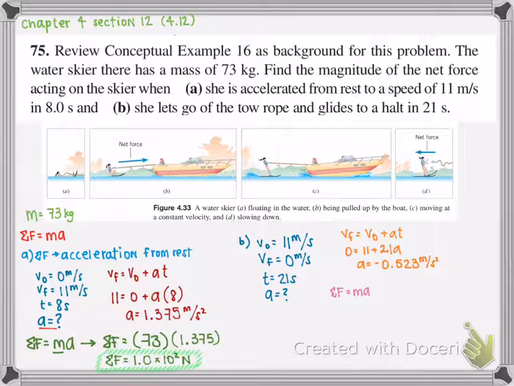We know that the net force is mass times acceleration, and since the mass is 73 kilograms, and we just found the acceleration, we find that the net force of the water skier when she lets go of the tow rope